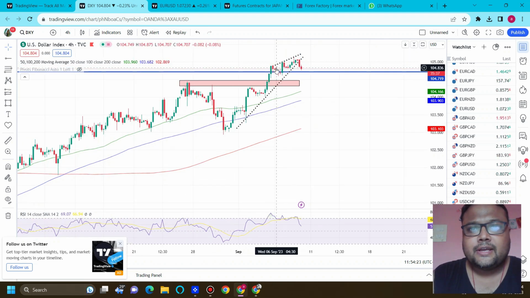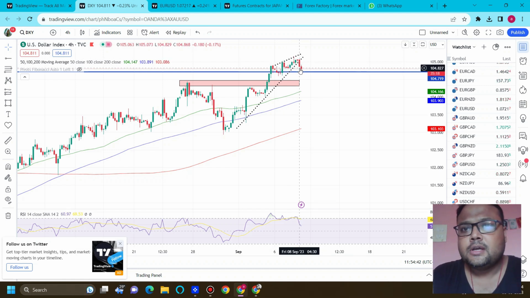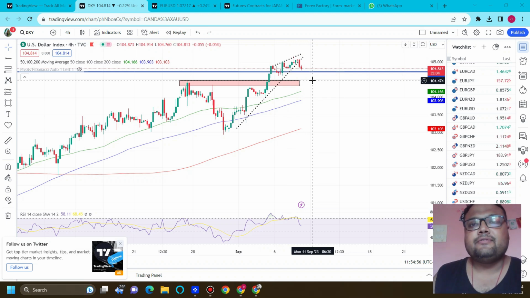If you look at the chart, you can see that we have a rising wedge pattern on the chart of DXY right now. But my dear friends, as we all know, fundamentals are above all. But there is no fundamental factor that is pointing towards a trend reversal. So if the market goes down also, it will not be a trend reversal. It will just be a retracement, because in the absence of any fundamental factors, there cannot be a complete trend reversal simply on the basis of